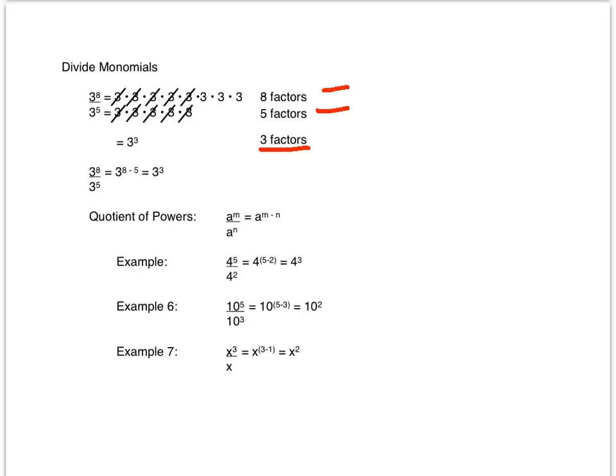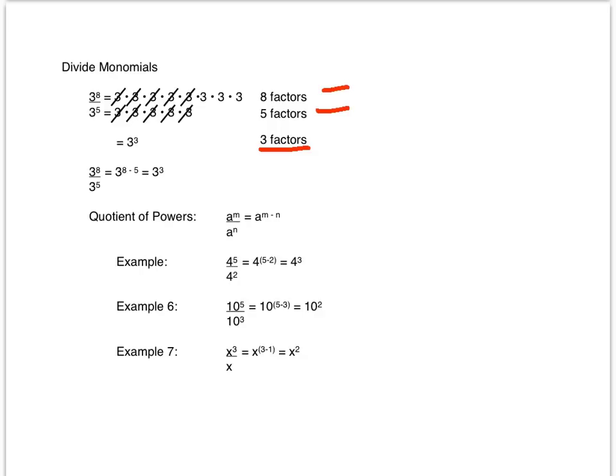power, or 3 factors. Another way to do this would be 3 to the 8th divided by 3 to the 5th equals 3 to the 8 minus 5 equals 3 to the 3rd. So in dividing monomials, we actually subtract the exponents rather than add them. And again, our bases stay the same. You can see the quotient of powers rule is very similar to that of the product of powers, but this time we're dividing. A to the m power divided by a to the n power equals a to the m